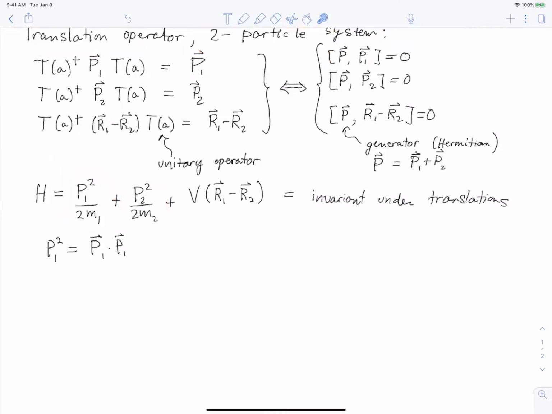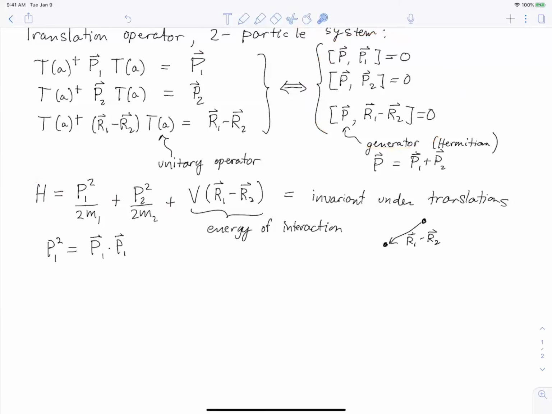And then the potential here is an energy of interaction that's only dependent on the distance between the two particles, not where they are individually. So if I have a particle 1 there and a particle 2 there, that's R1 minus R2. And so if I shift the whole system by moving both the particles by the same vector, nothing will change. So then this set of commutation relations here ensures that this Hamiltonian will be invariant